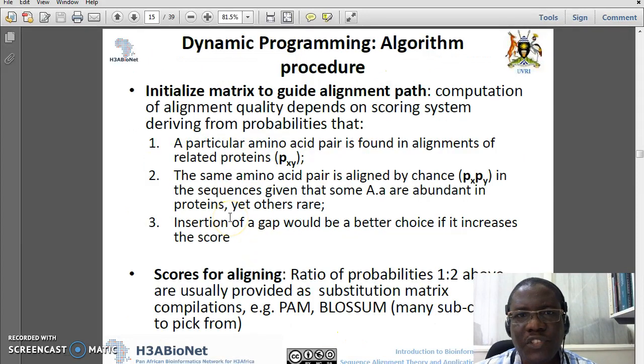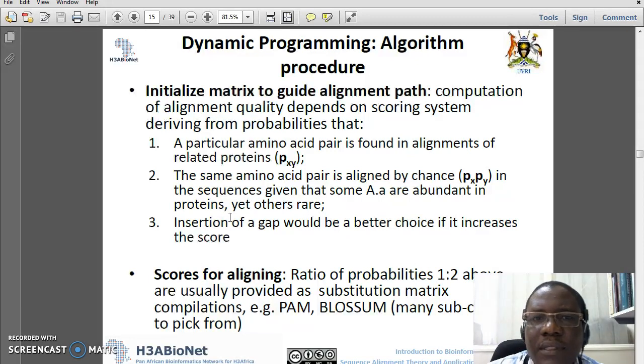So what's the procedure for the dynamic programming algorithm? It briefly runs like this. You need to initialize a matrix to guide your alignment path. That will be based on the scores that it generates according to the matches or mismatches that it finds. So this is a computational problem that requires a scoring system. The scoring system itself is derived from